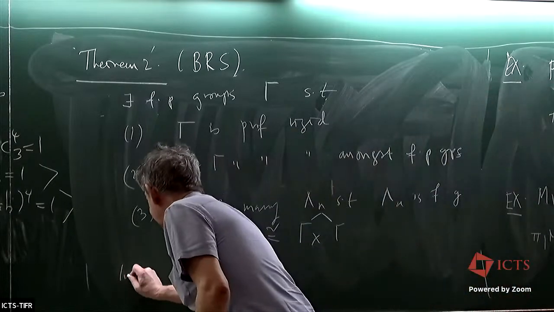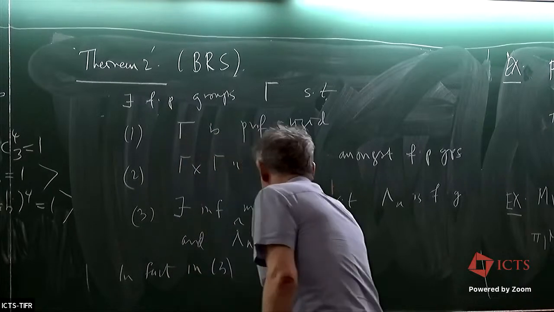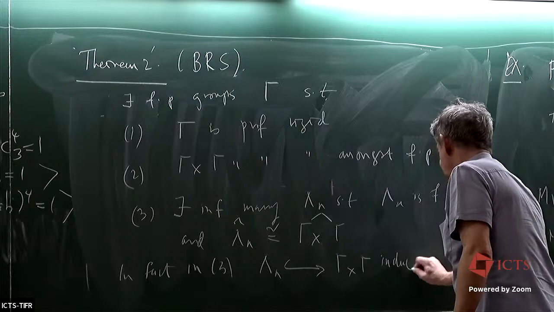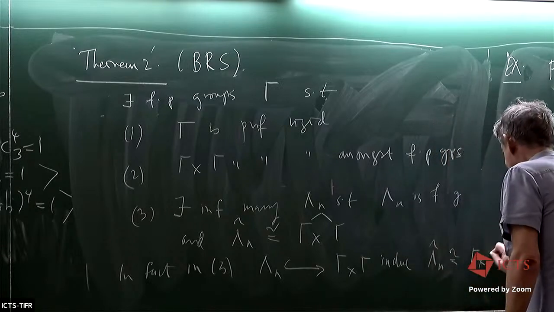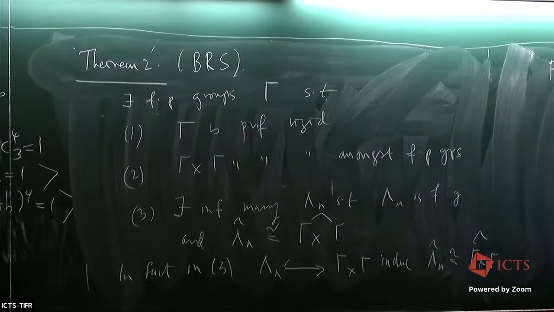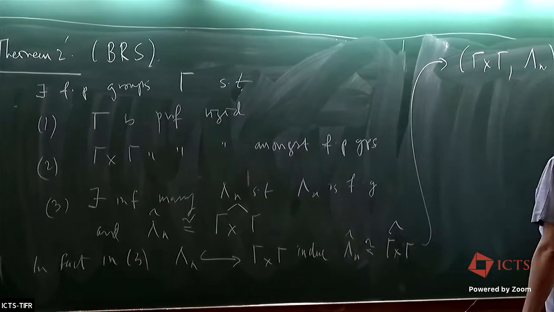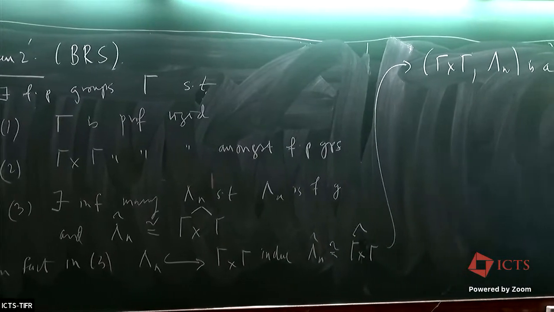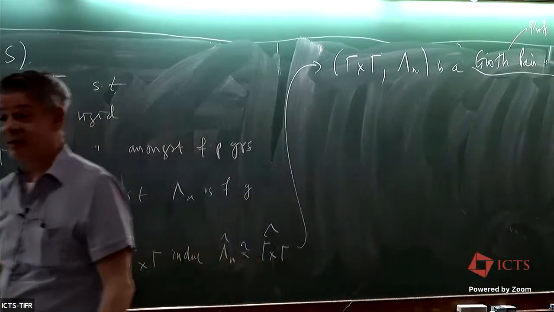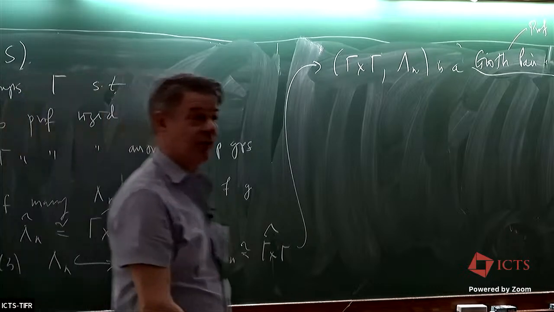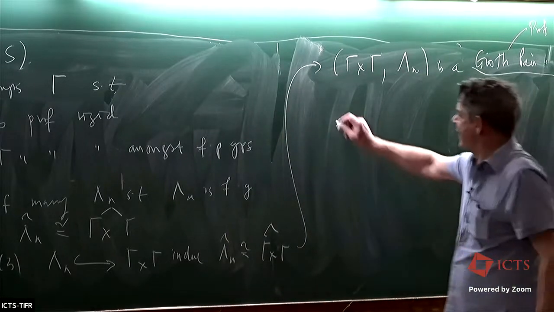Moreover, in fact, in 3, what we have is inclusions of lambda n into gamma cross gamma that induce an isomorphism, lambda n hat to gamma cross gamma hat. So in the language that's now become kind of standard in this area, this would say that gamma cross gamma, comma lambda n, is what's called a Grothendieck pair. Way back in the 70s, Grothendieck asked whether an inclusion of finitely presented residually finite groups could give you an isomorphism at the level of profinite completion without there being an isomorphism at the discrete level. And Platonov and Tavgen